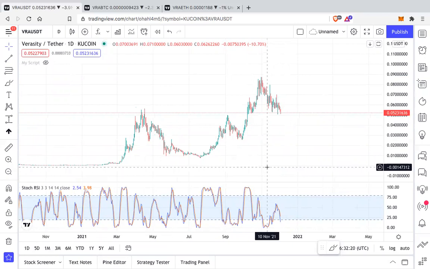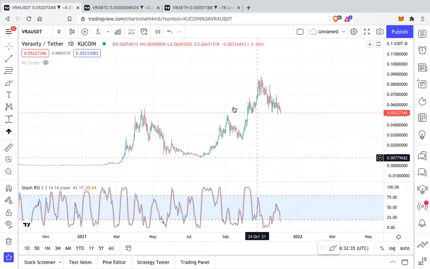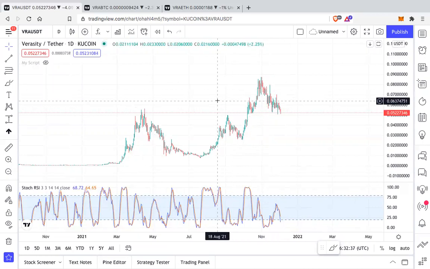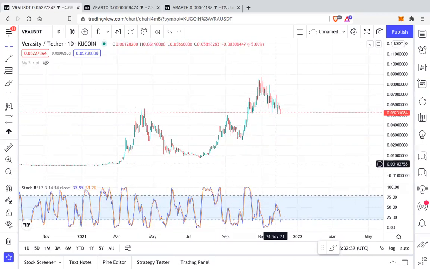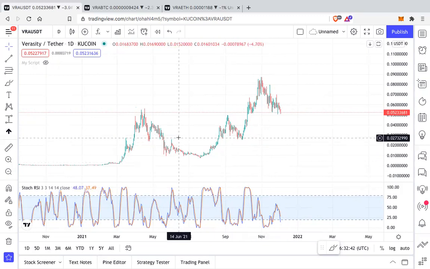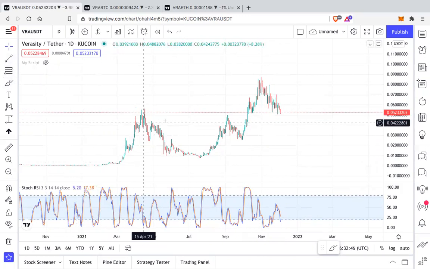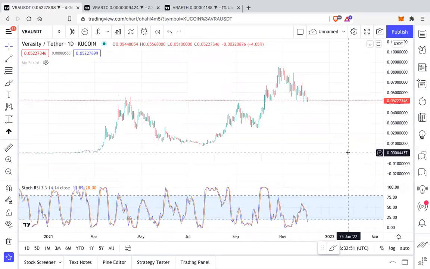Okay, it is likely that VRA will follow Bitcoin. I'm not saying that it will always happen, but likely, unless VRA is adopted in the real world, price will likely follow Bitcoin, in my opinion. So this is an overall analysis of VRA. I think it is good, and I do not see any reason to panic. I think this is a good range to flip into support and a very good range to accumulate if you're looking to accumulate some.